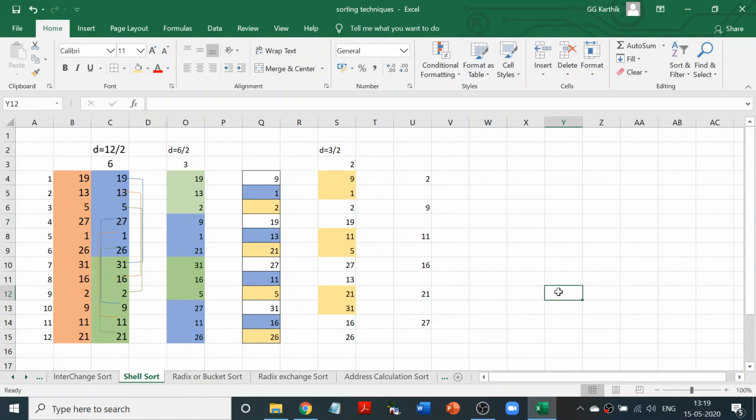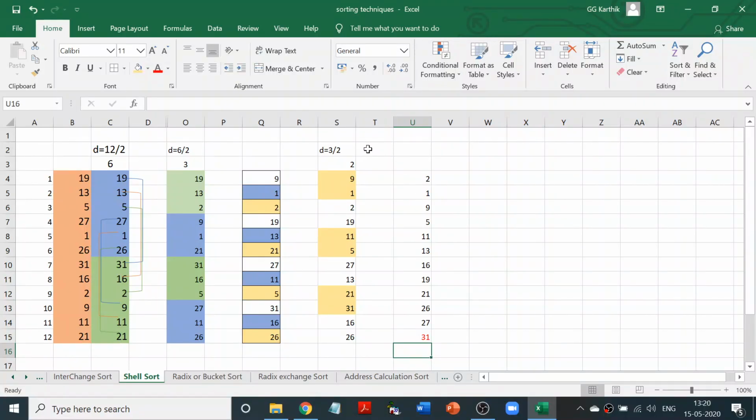The next step is I have to compare all the twos. So how am I going to do it? I have 1 here, 19 here, and 5 here. 5 is obviously smaller, so I'm going to put 5 and then 19. Then I have 19 and 13, so I'm going to have 13 here and bring down the 19. Now I have 31 and 19, obviously 31 goes here. Then comes 26, but 26 is smaller, so 26, 31. So this iteration is over.